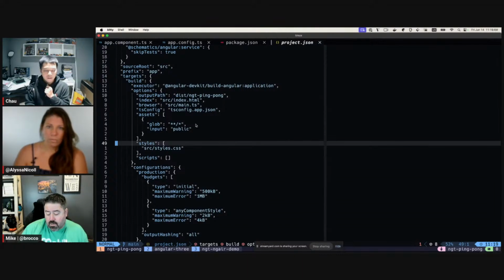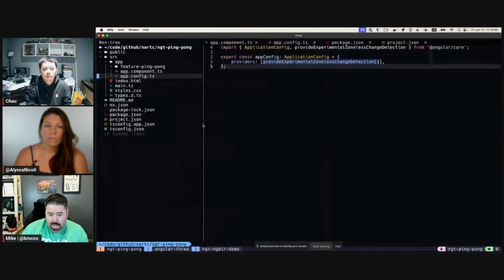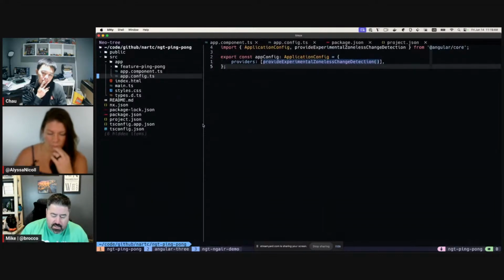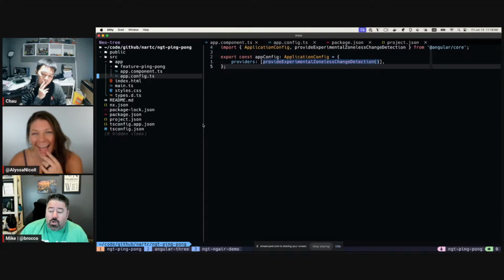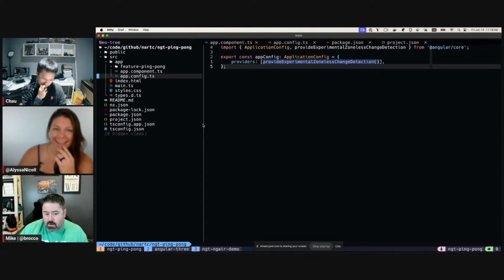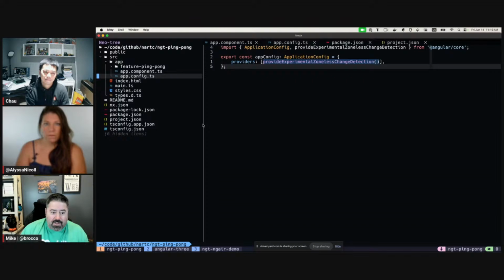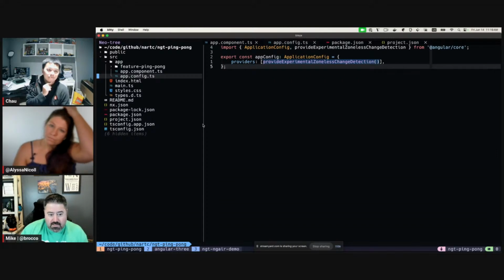So to be clear, I'm assuming that when you add this provider, and you're not getting the error from providing the other provider, then you don't get any application errors at runtime. It's just that you would have to have some sort of end-to-end test to know that things aren't change detecting and therefore rendering, because it's not a matter of a runtime error. It's a matter of certain events not happening to make your application work. So you would need either a manual regression test or automated end-to-end tests. Correct.